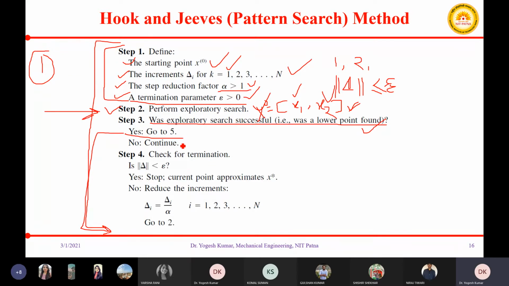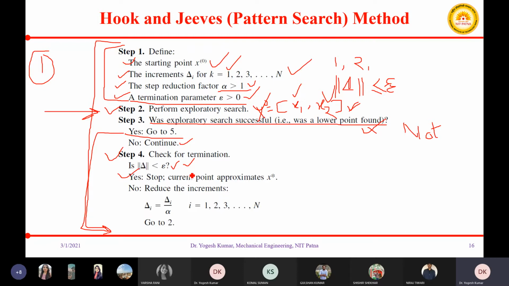Otherwise, if you are not able to find a lower point, it means your exploratory search is not successful. So if it is not successful, what you will do? You will go to step number 5, and first you will check whether your step size is less than the given value of your termination parameter.